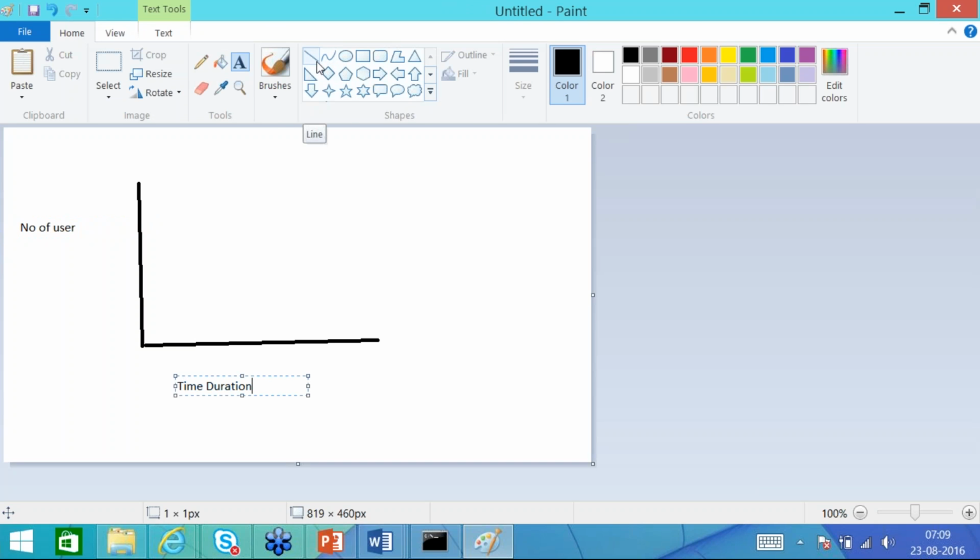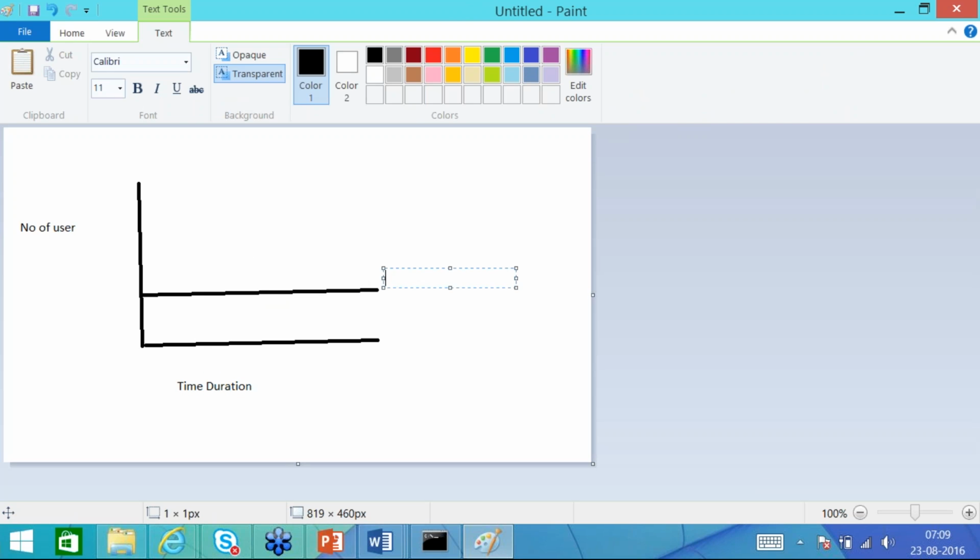Say suppose normal expected utilization is this. This is your daily normal expected utilization. We have covered this in the types of performance testing, but I'm just mentioning it to understand the peak load condition.